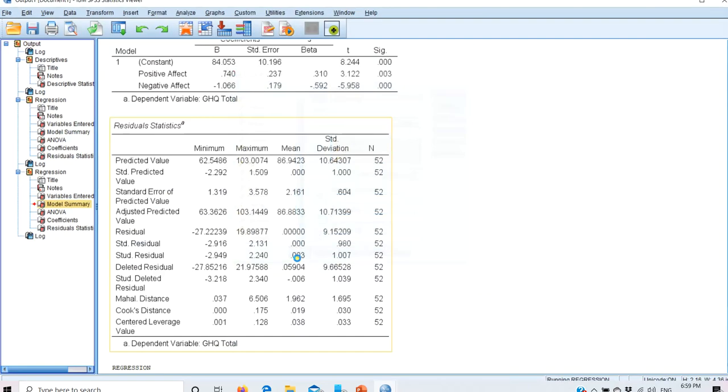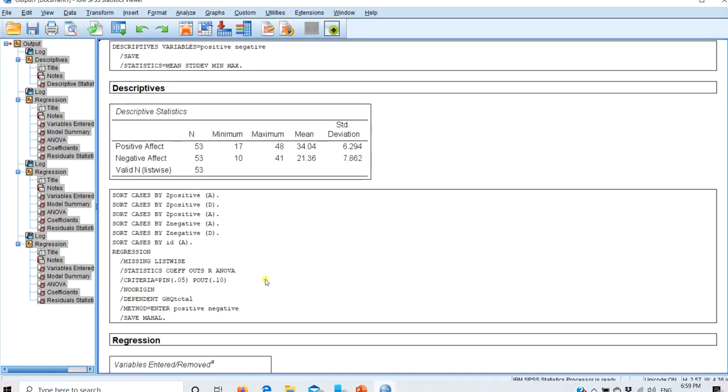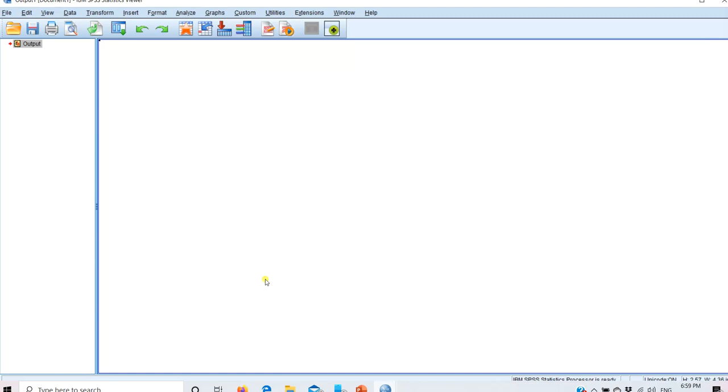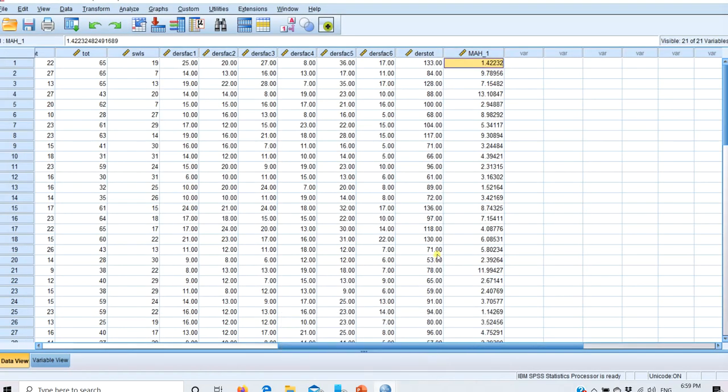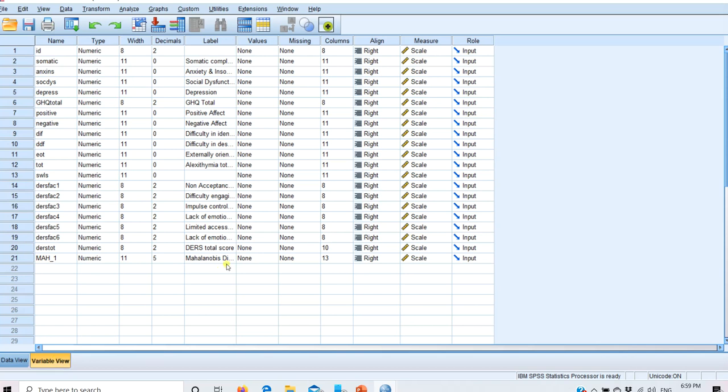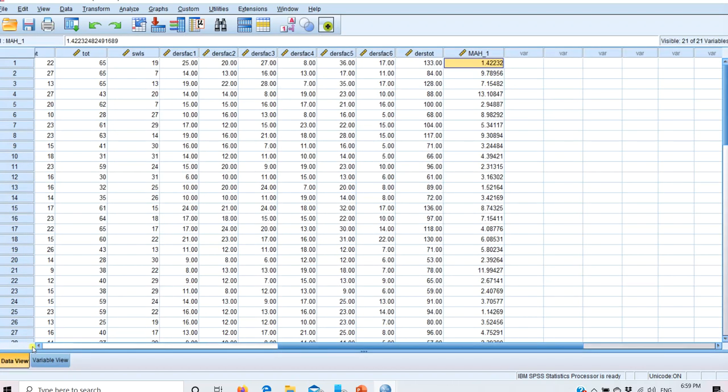It will create one variable. I am deleting all these from the output so that when we will do anything, new output will be there. Now look, this has created MAH underscore one variable, and you can see the label Mahalanobis distance, or you can see the label here in the variable view, Mahalanobis distance. So now we are having Mahalanobis distance,